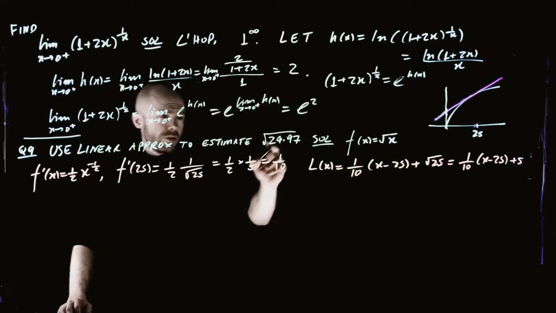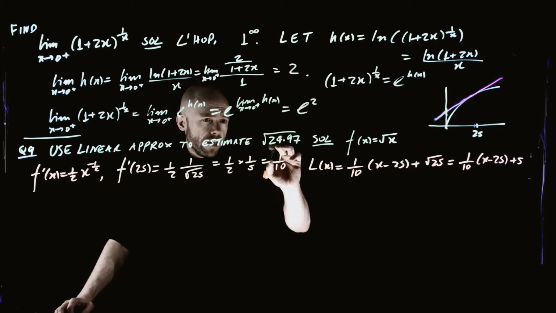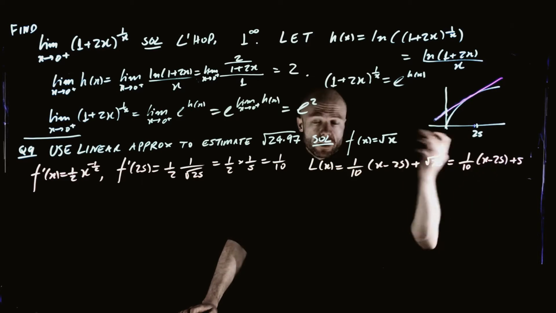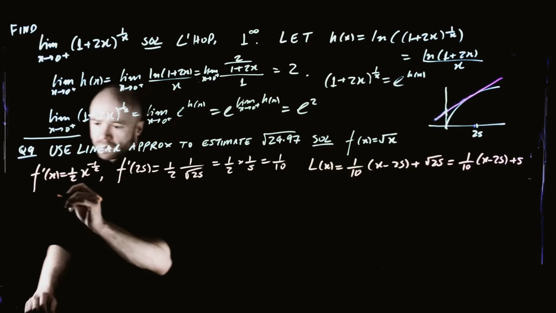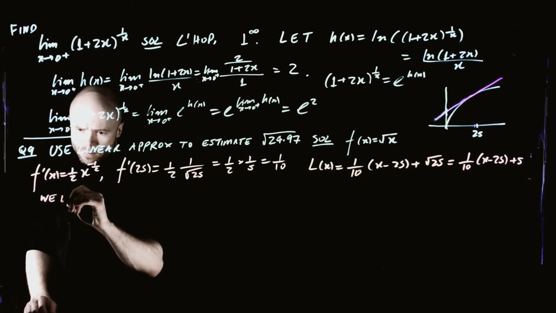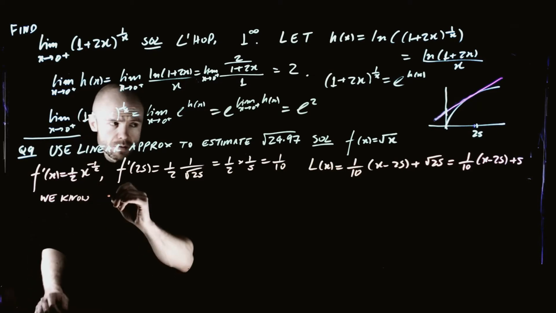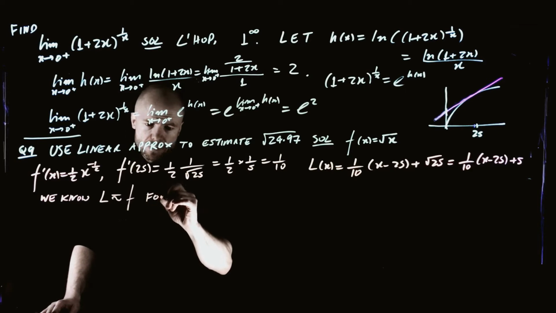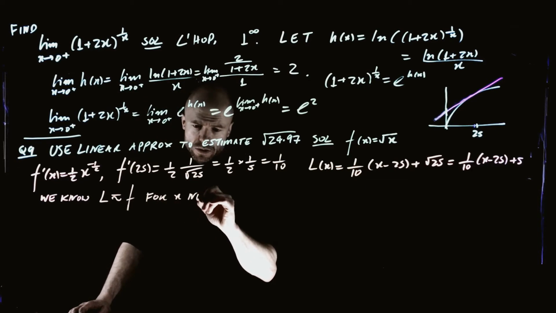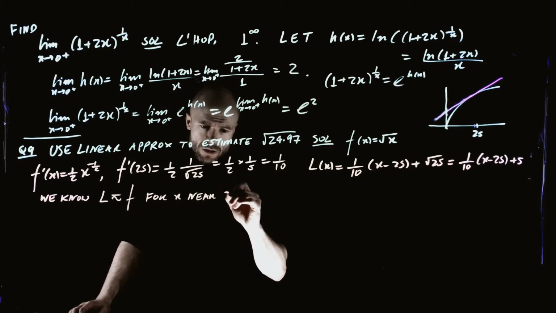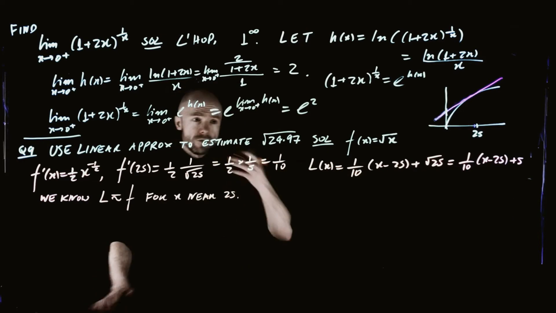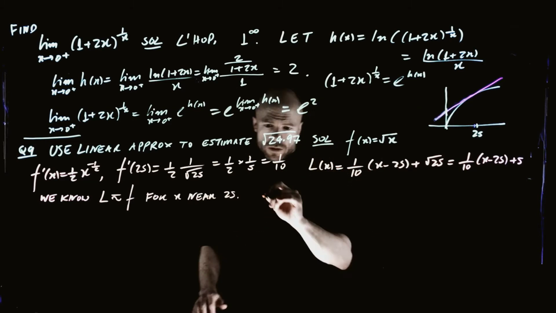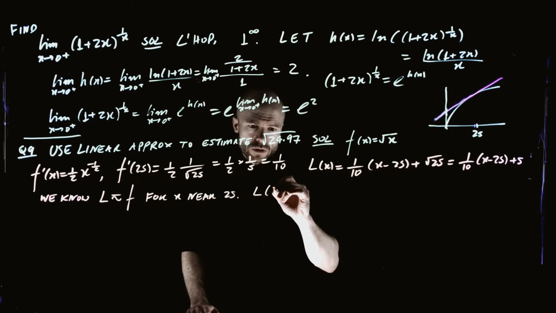Now, we need to plug in this value 24.97 into this expression, right? Because, let me write this in the language of maths, we know that L is incredibly close to the function f for x near 25, right? And this value 24.97 is obviously very close to 25. So if you just plug that in, so L of